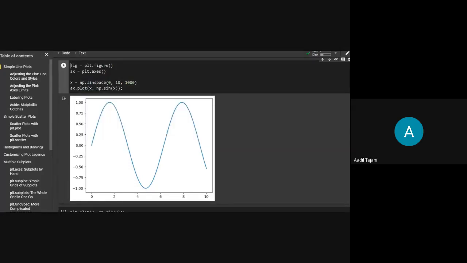Basically, we create a NumPy array called x. We pass 1,000 equally spaced values between 0 and 10, and then to plot that data we use the plot function. As I said earlier, the axis, this black box, is where every plot is drawn. We have stored these axes in the variable ax. So we use ax.plot. Plot is the command in matplotlib used to plot anything that you want. Using that axis, we do ax.plot and then pass our data.